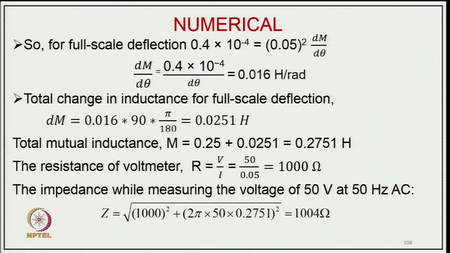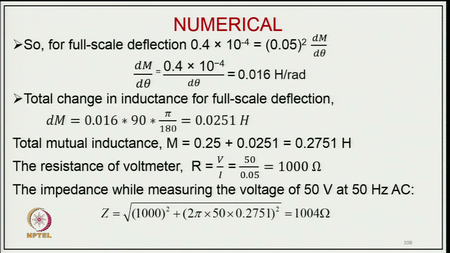So, dM upon d theta is 0.4 into 10 power minus 4 divided by 0.05 square, that is 0.016 Henry per radian. So, total change in inductance for full scale deflection dM equal to 0.016 into 90 into pi by 180, that is 0.0251 Henry. So, total mutual inductance is M equal to 0.25 plus 0.0251, that is 0.2751 Henry. The resistance of voltmeter R equal to V upon I, that is 50 upon 0.05, that is 1000 ohm,